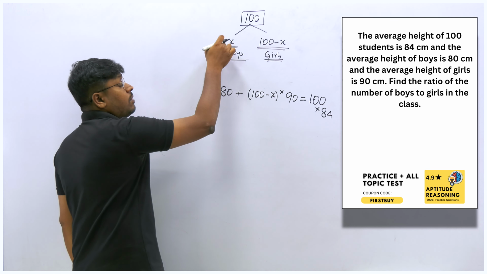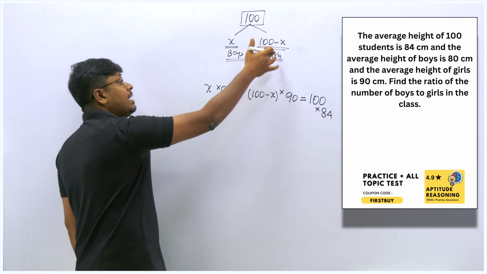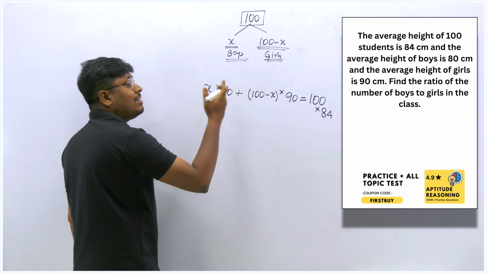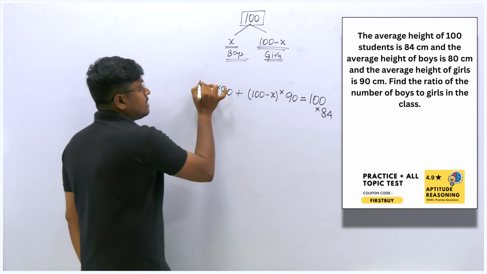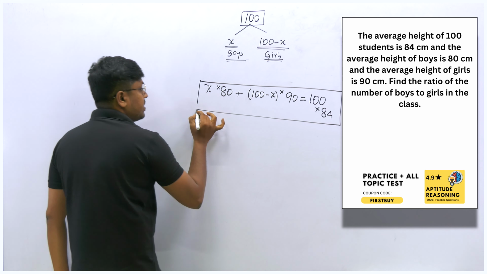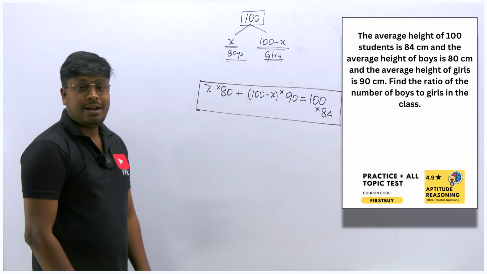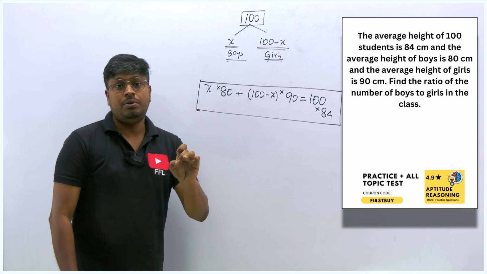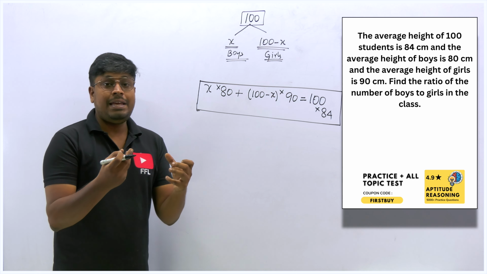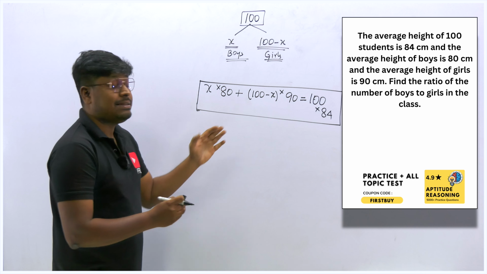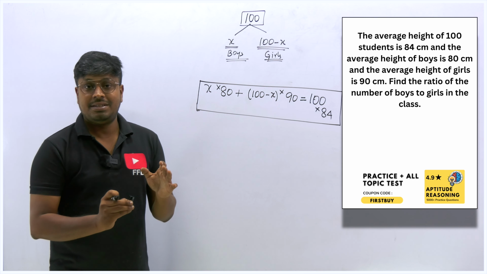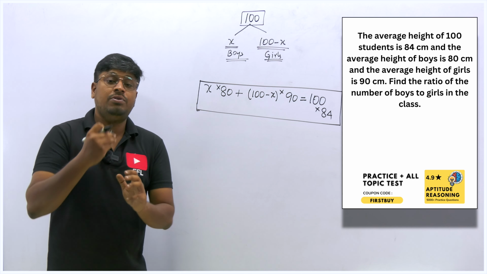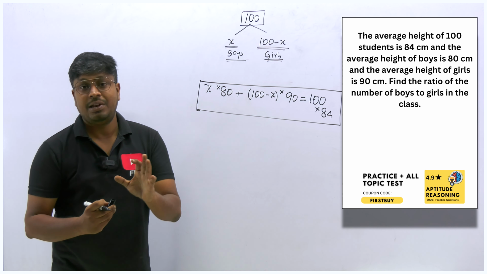So if we get the total number of boys here, then getting the total number of girls is also easy. And then according to the question, our target is to find the ratio, right? So just this part alone is important in the question: how we frame the equation. There are different ways you can frame the equation, but while teaching itself, I have told you, always try to frame an equation in a single step. Do not calculate separately. There is a chance of making a mistake. So make sure to frame everything in a single equation, and if you solve that equation, you will surely get the value of X, right?